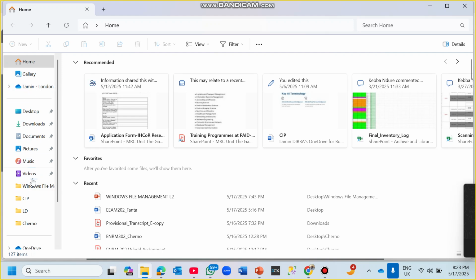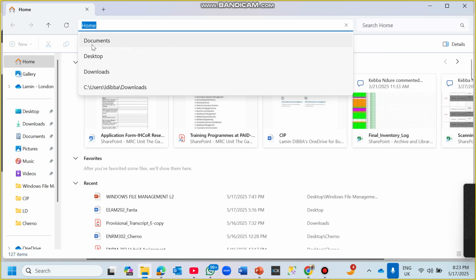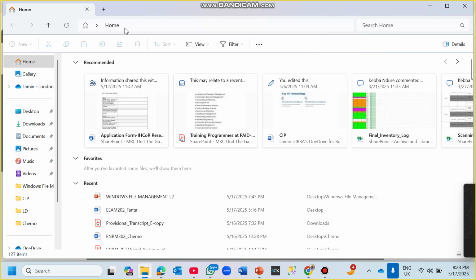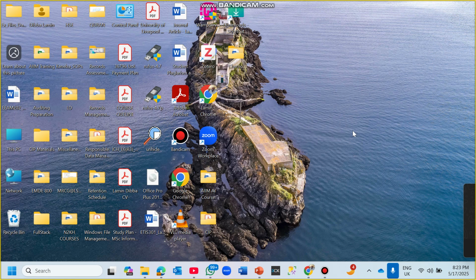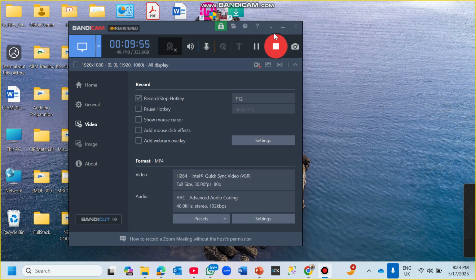So you can see my navigation pane here. You can see my search bar. Then you can also see my address bar here, and that one too has a slight difference. Then you can see my ribbon, so my view options are here. That is it. Okay, good. That's the File Explorer for you. So I'm going to stop this recording and start